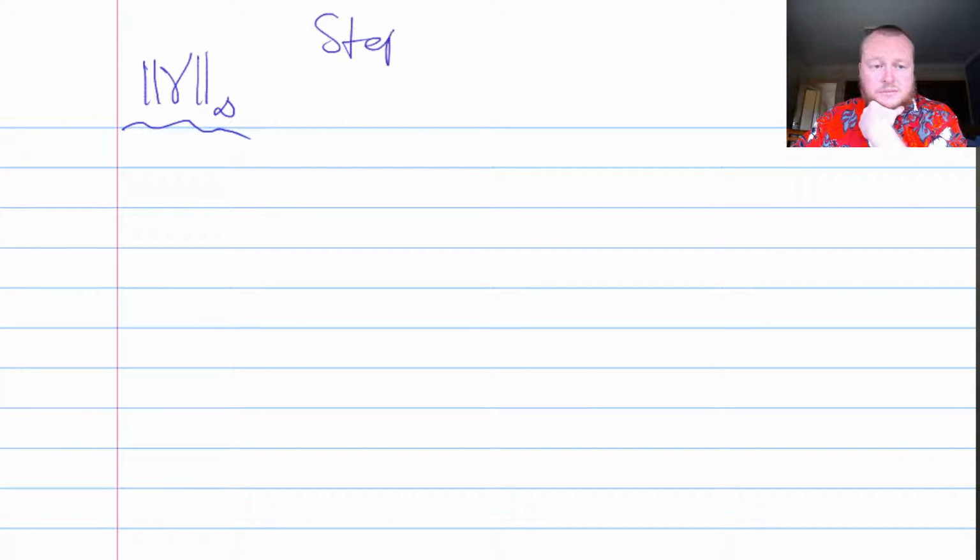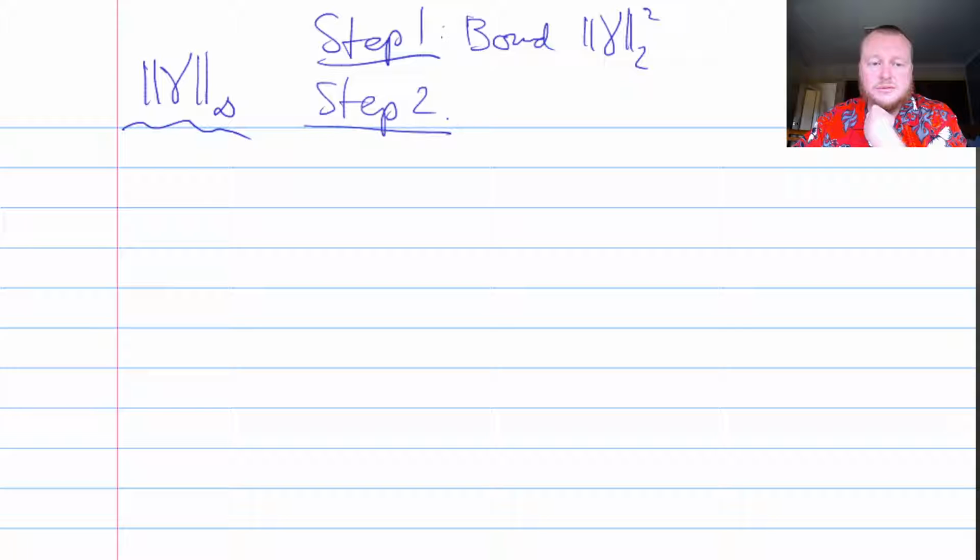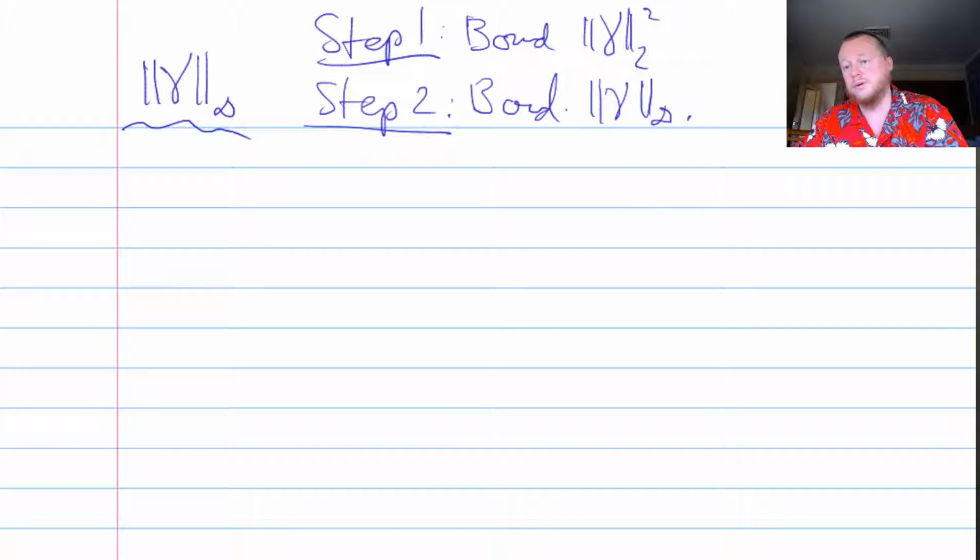Step one is going to be to bound the L2 norm. And then the second step will be to use that to bound the L infinity norm, the supremum, or the essential supremum. Okay, I'm going to show you both steps. So first,